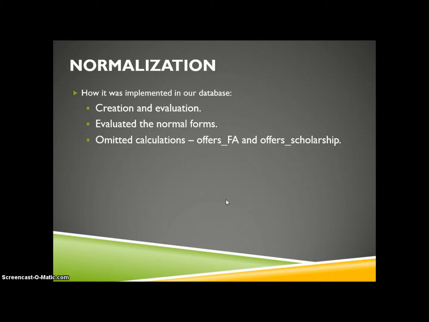Then we had to omit some of the calculations of functional dependencies for some of the tables, for example, offers_FA and offers_scholarship. The reason being, these tables have been formed from relations between two tables like departments and scholarships, and they have only two attributes which are derived from the primary tables and whose combination is a primary key, and they already exist in BCNF form. So the result of the normalization is that all the tables are in the BCNF form, and hence these tables are not normalized any further and implemented as a physical database.